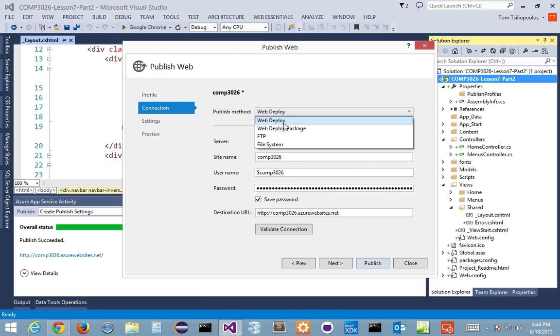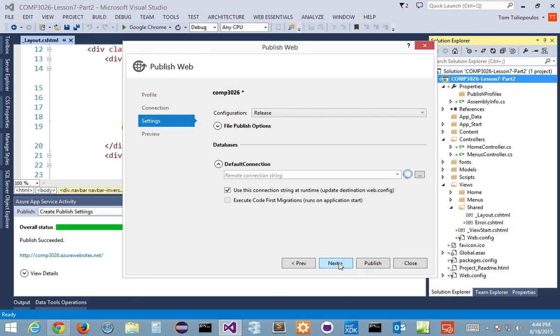Now, I don't know what the difference between web deploy and web deploy package is. I think web deploy is enough. That's what you want. I'll make it a debug version just because. My remote connection string,